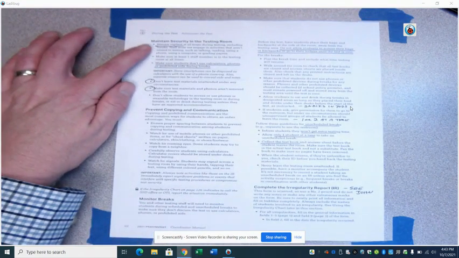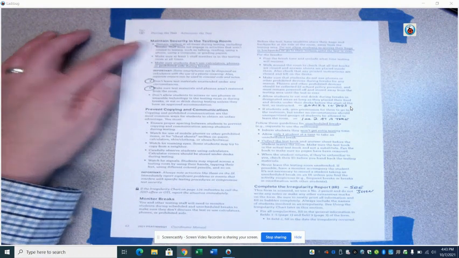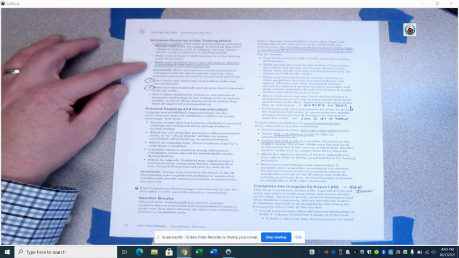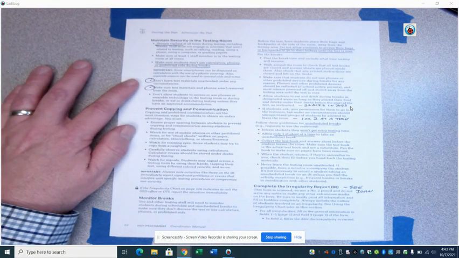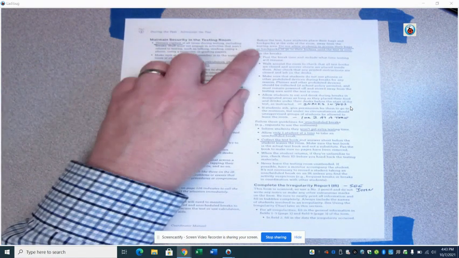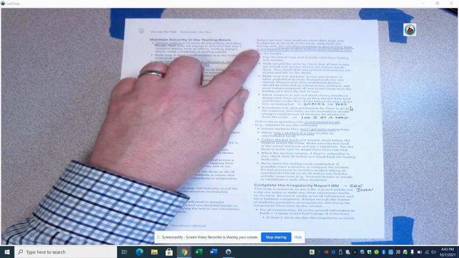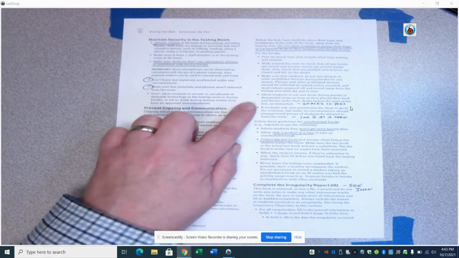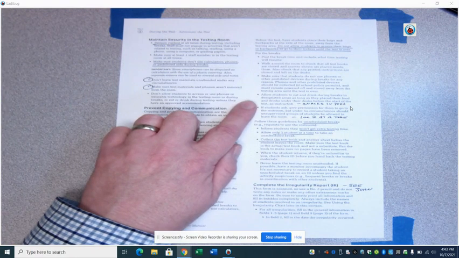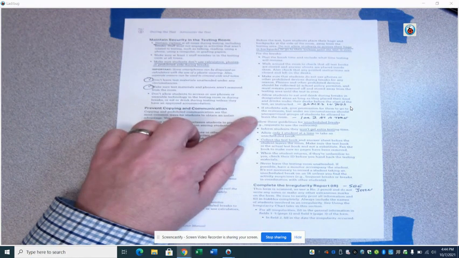Maintaining security. Again, please make sure you remain vigilant during the tests. Make sure the students don't use calculators, phones during breaks or during the test. There's good information. Make sure you go through all of this to be sure that you know what you're doing. Like I said, they can't access their bags or book packs until the test is over. If students do bring a snack, they can't eat them in the room. They must step out to the pod as we do during the school day. Only something quick and a snack, and they should only be doing that one or two at a time, as we've got hallway proctors out there that'll keep an eye on them.